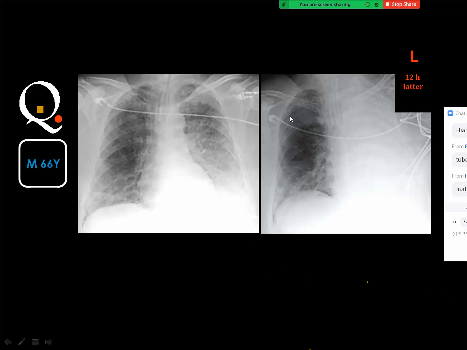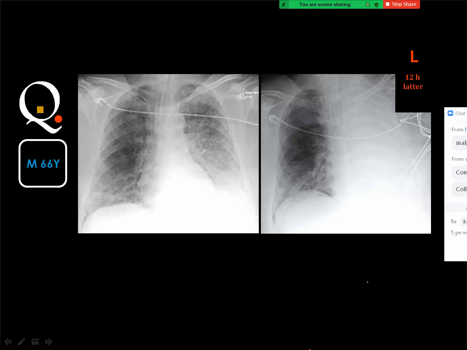And no, if you look carefully, you will see that the endotracheal tube is well above the carina, and you are right to think of displacement of the tube, but if you look also carefully, you see that the tube is pointing towards the left lung, which is collapsed or